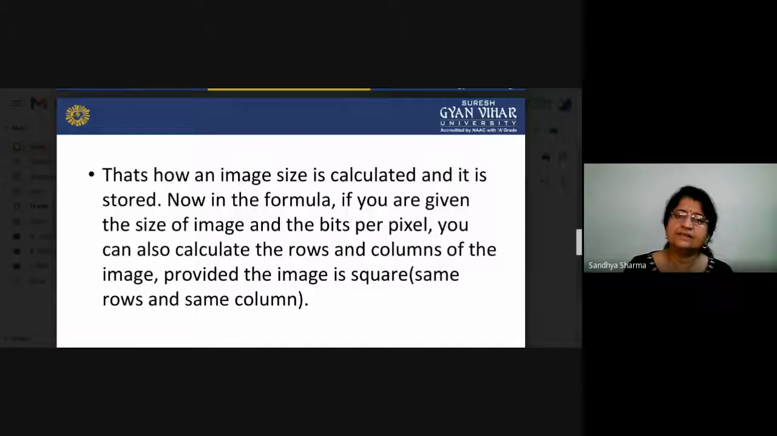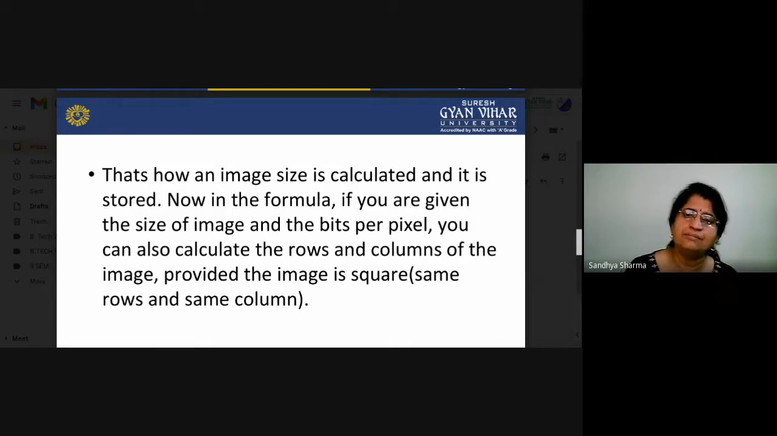So that's how an image is calculated. Now, what about the space an image requires for storage? That is a very important factor. What about the size of the image and the bits per pixel? If you have to define any image, you have to know the size of your image and how